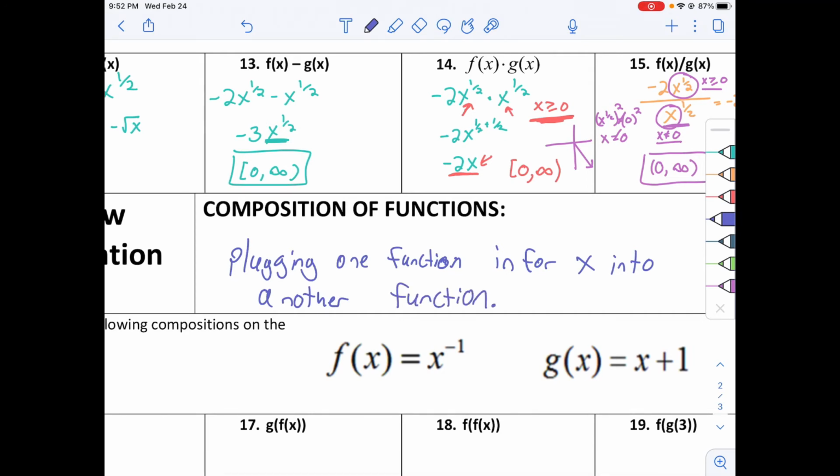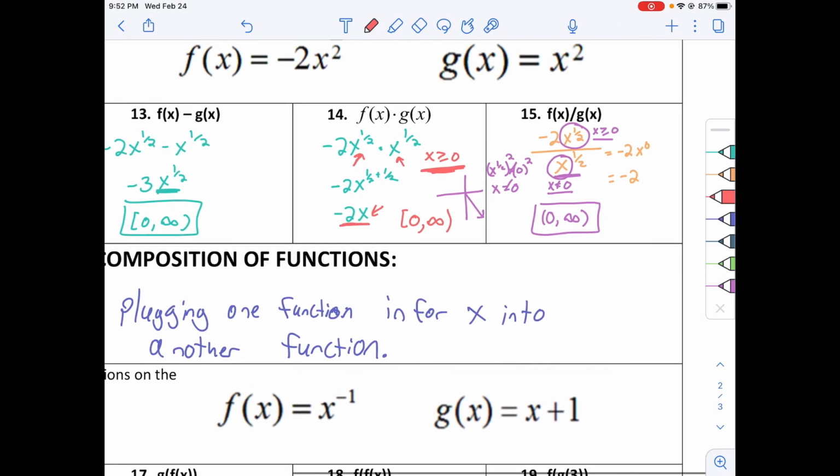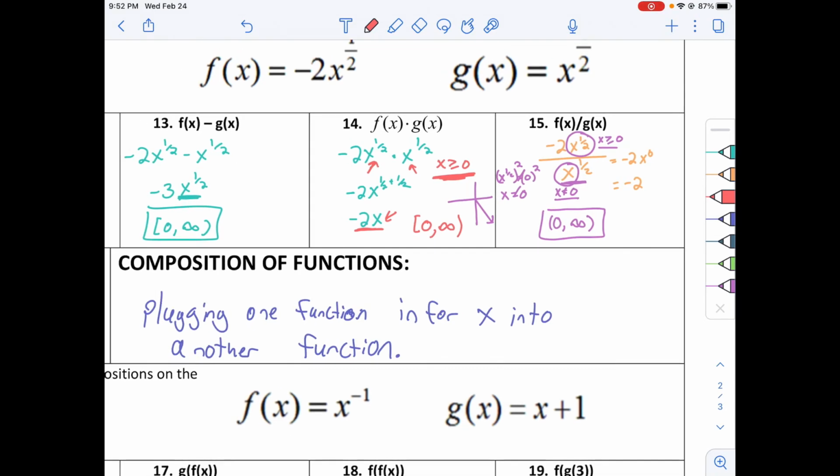So that's what a composition of function is. We're literally taking an entire function and then plugging that in for the x of another function. The domains get kind of wild with these ones. Just like in 14 and 15, where we had to consider multiple domains, same thing happens in these compositions of